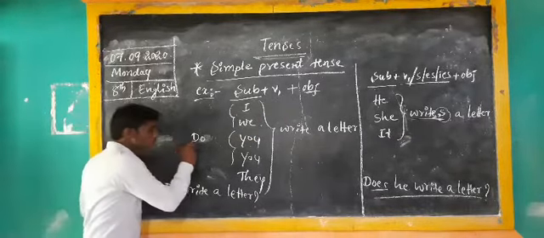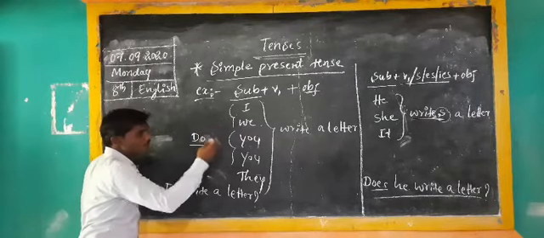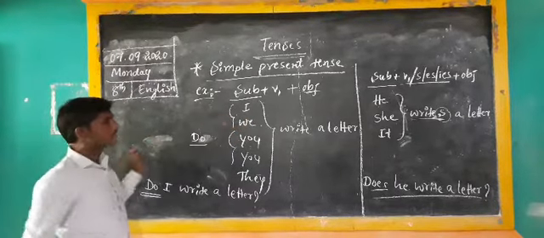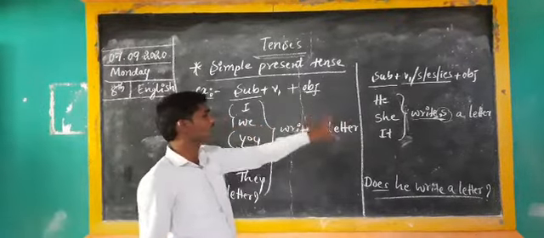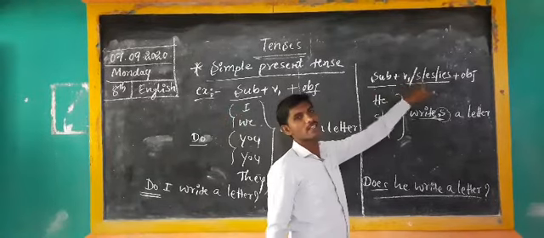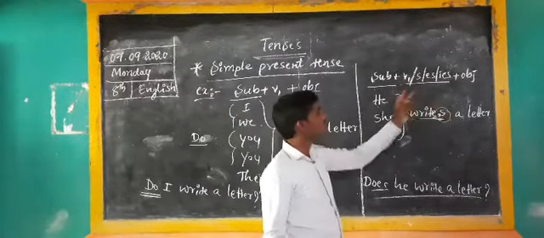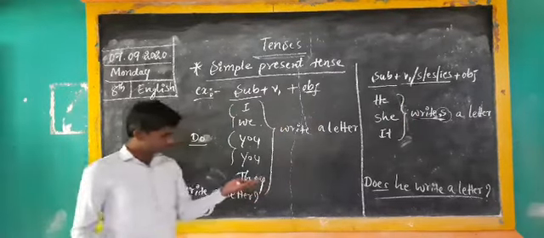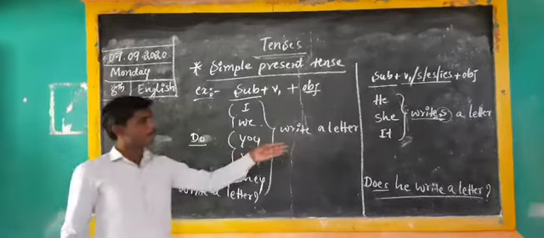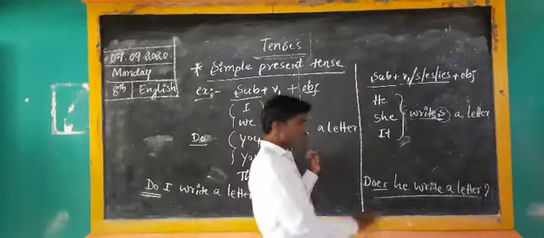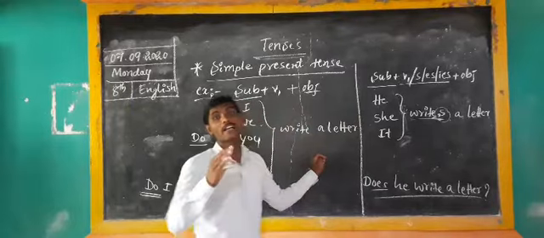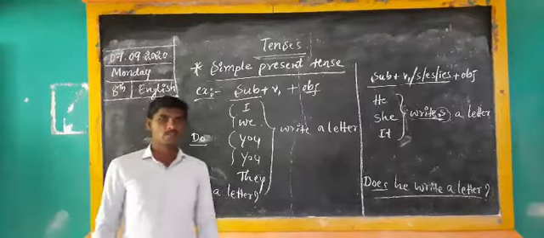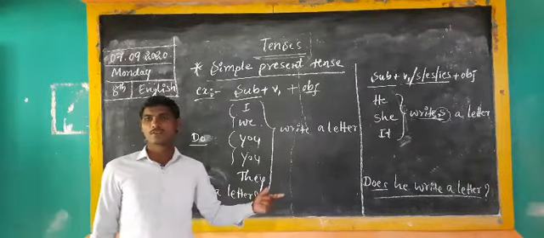Just use do before I, we, you, they, with the main verb and then the object as usual. But there is a little confusion: the main verb has the s, es form. So you have to convert these, and it is the main thing when you convert an assertive or declarative statement into a question statement. So you should use do and does.